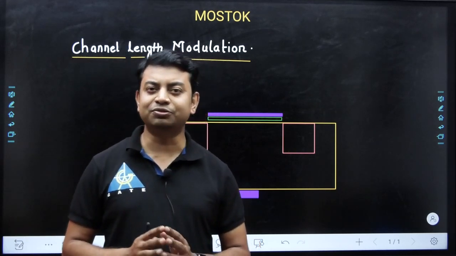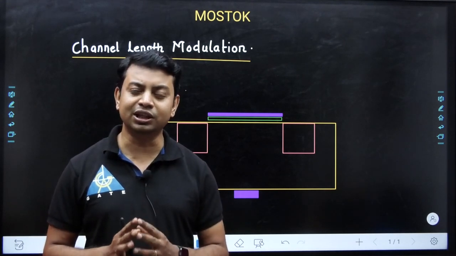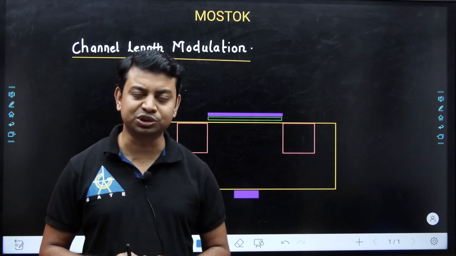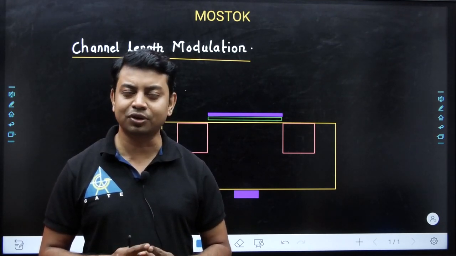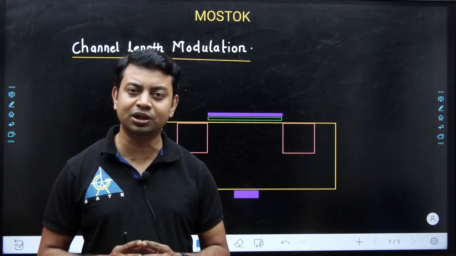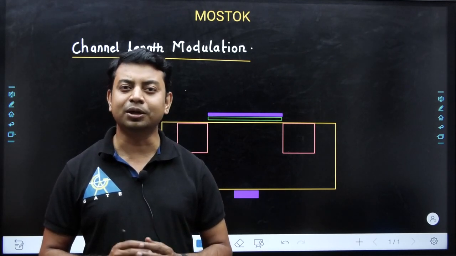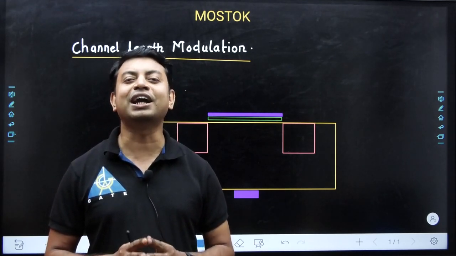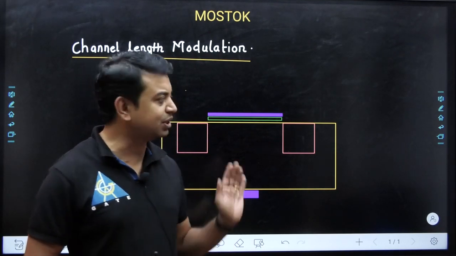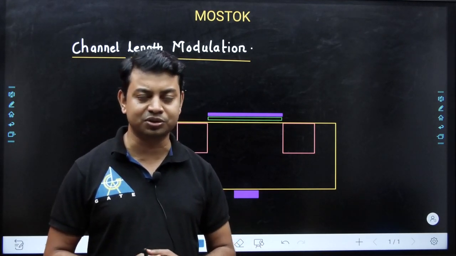We have completed the 5th lecture of MOSFET, and in the 5th lecture I provided you the operation of MOSFET, and before that we did some questions on the structure of MOSFET. We have not finished the operation of MOSFET because we left some operations, that is, the operation when we apply a potential at the drain terminal, and that potential will attract the electrons from the source terminal to the drain terminal, and we can conduct current by using those electrons.